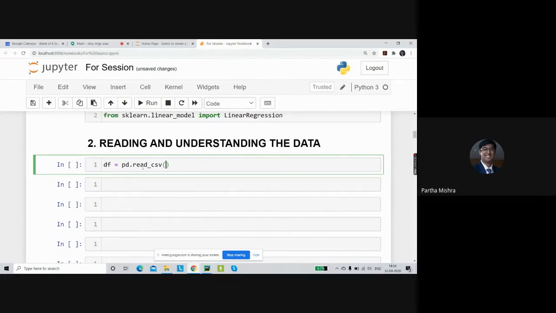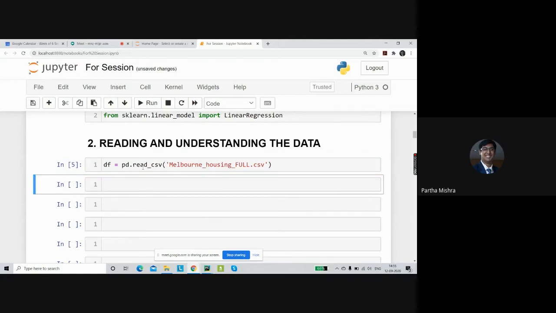Read underscore CSV is one of the most popular ways of importing data because most of the data that you would find will be in CSV files. Our file name is Melbourne Housing underscore full.csv. Here I've tab auto completed this, but that's the only code that we need right now. So pd dot read underscore CSV, we just need to pass in the file name.